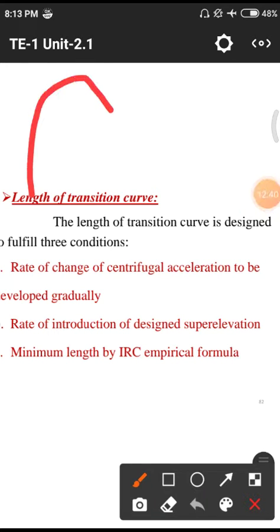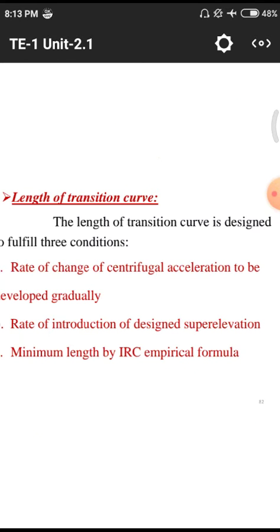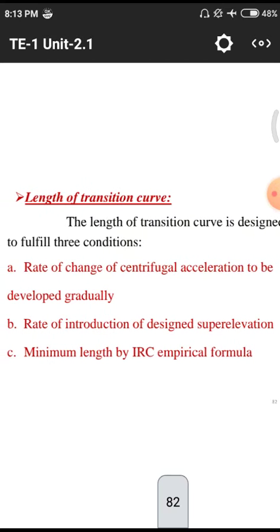This is one kind of transition curve, the simple transition curve. Okay, we also have S-type transition curves. In those different types of curves, we have different radii. According to those, the length of the transition curve should vary depending upon the nature of the curve, the drawing, and the different situations in the site conditions.